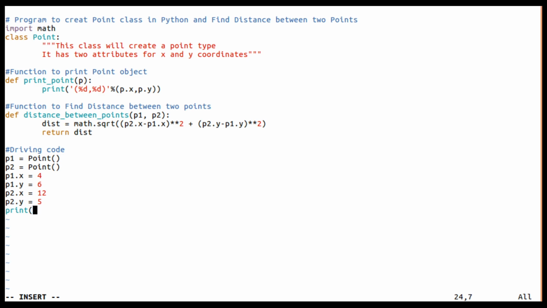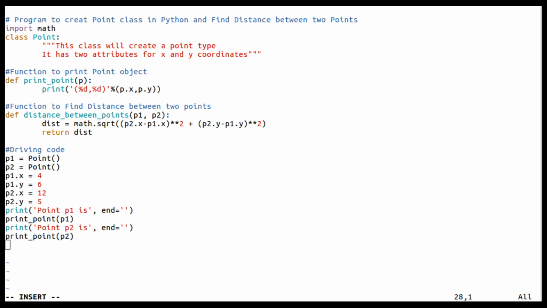Before that, I will write print point p1 is, I am going to take this inside the string, and I don't want to have new line, and here I call print underscore point and print p1, and similarly here I am going to print p2, and this is p2, right?